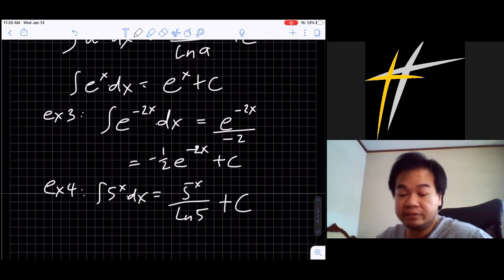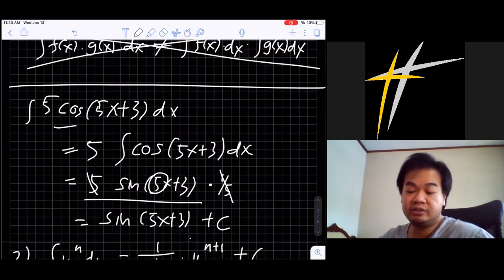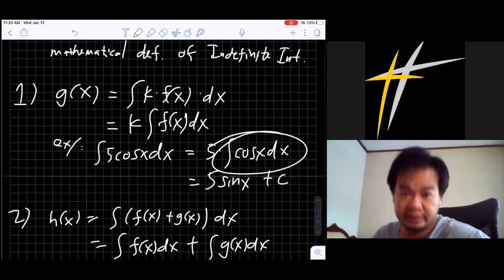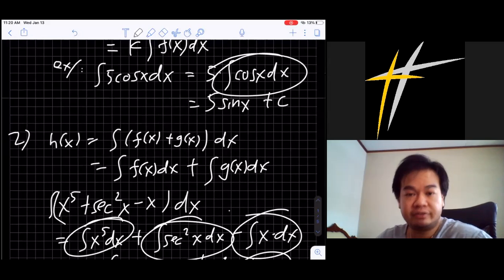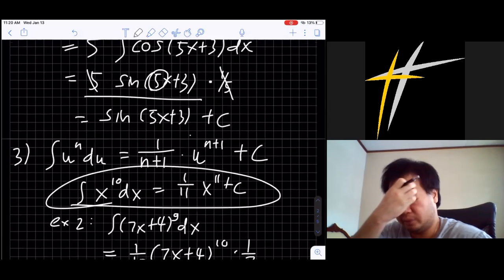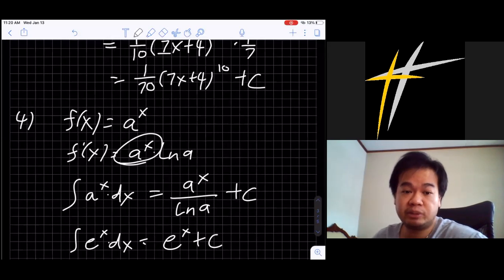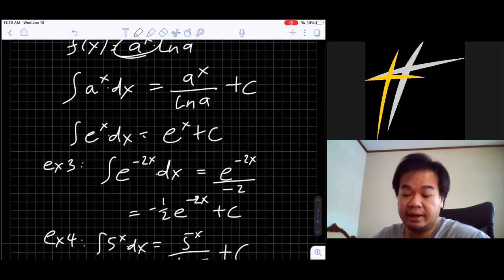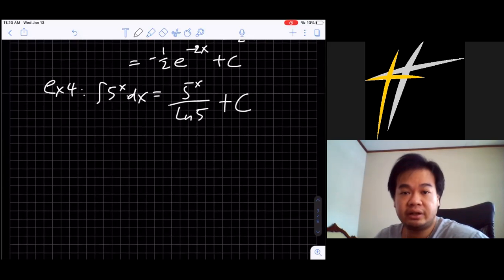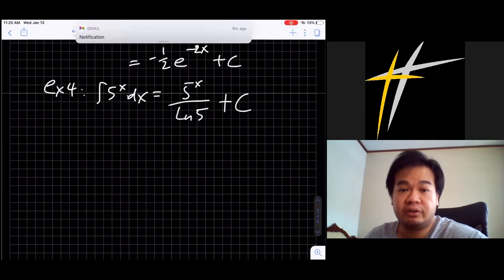Okay. So that's all the basic properties that you need to know about the indefinite integral. The first one is multiplication with a constant. The second one is the sum of several functions. The third one is the integral of a power function. And the fourth one is the integral of an exponential function. And then the last is be really, really careful and aware if the integrand is a composite function. You need to check. Don't forget to nullify the derivative of the inside function.